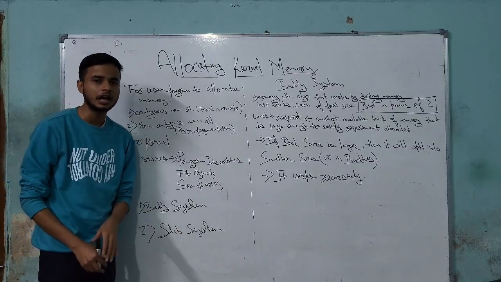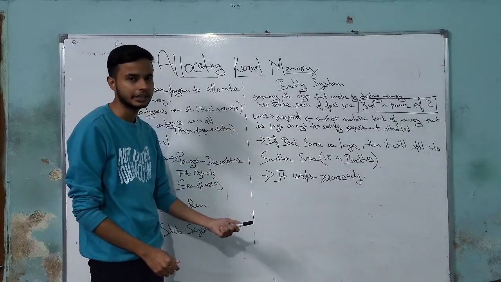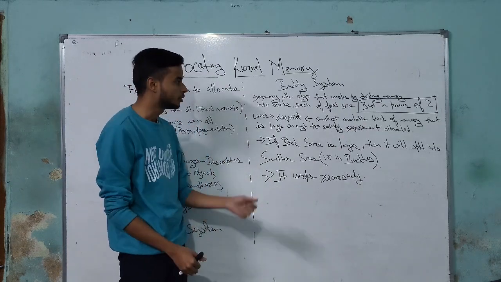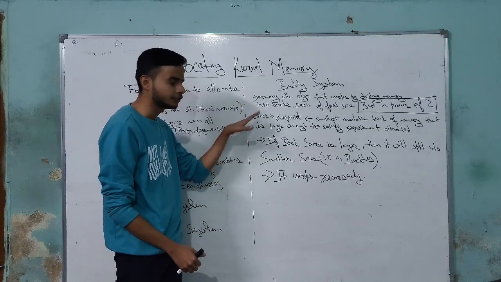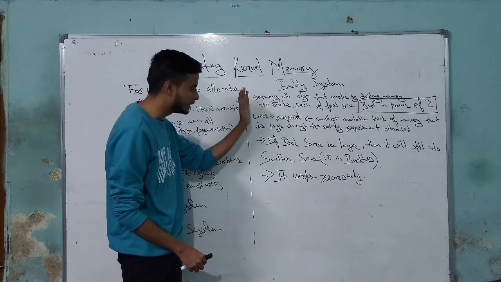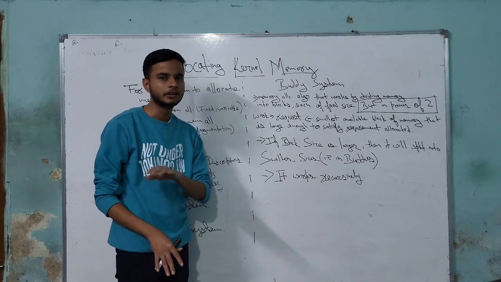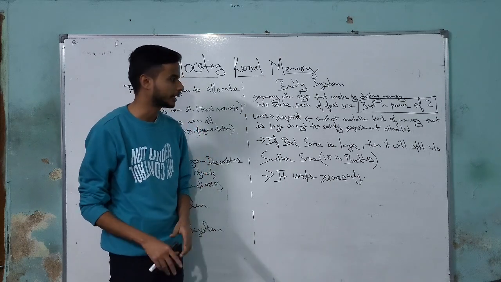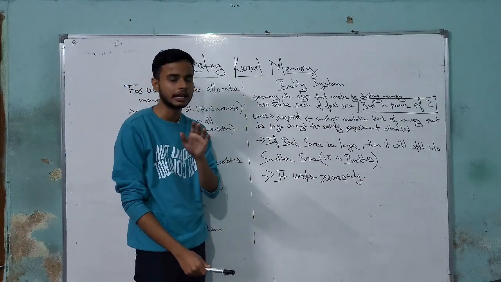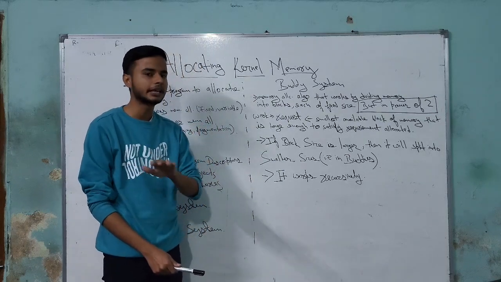So starting with the buddy system, as you can see, some theory is written here and we will discuss it, and after that we are going to do a numerical. Just for the sake of understanding, we will first see the theory part, and then when we come to the numerical part, it will be clear most effectively. So just take an overview of what the buddy system is and how it works, and after that a mathematical example will make it more clear.